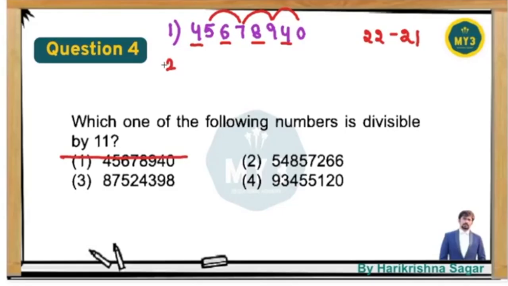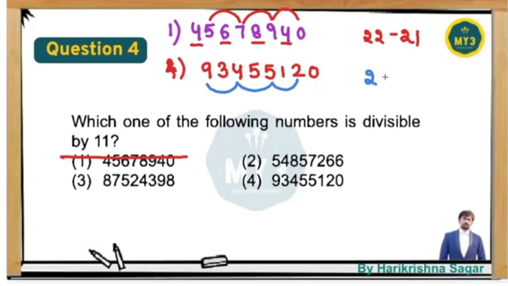Okay, Yogita is saying option 4. Okay, so let's check with option 4. So 9 3 4 5 5 1 2 0. How do we check? Difference of alternative digits. Again the same logic: 9 plus 4 which is 13, plus 5 which is 18, plus 2 is 20. What about the other numbers? 3 plus 5 is 8, 8 plus 1 is 10, 10 plus 0